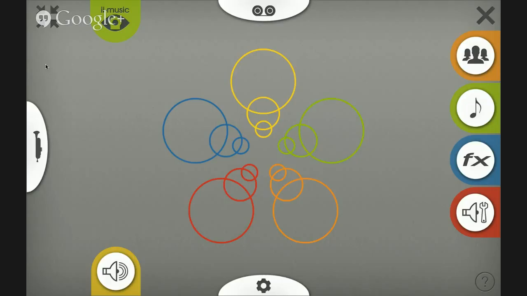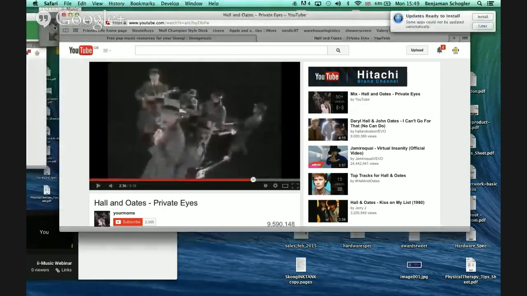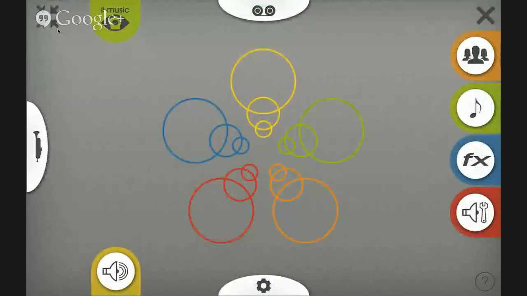So I just got stuck a bit there. Right, let's close this down. Let's get, there we go. But I hope that gives you an idea of the range of different things you could do